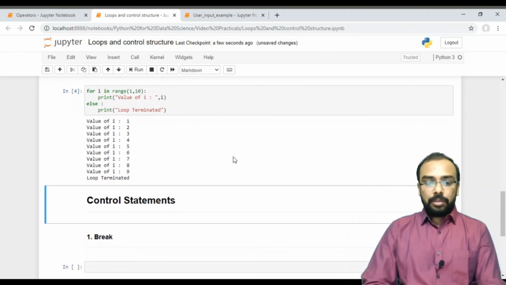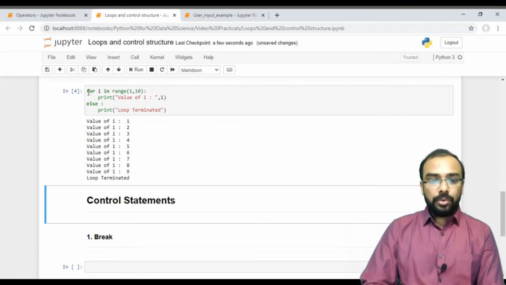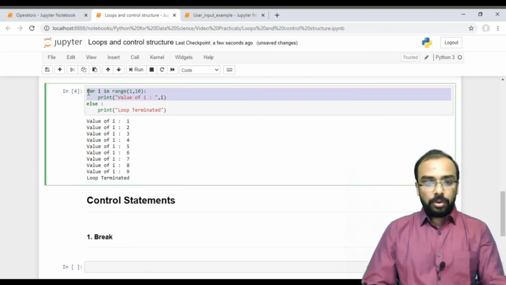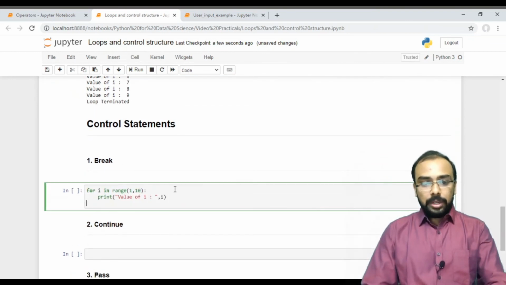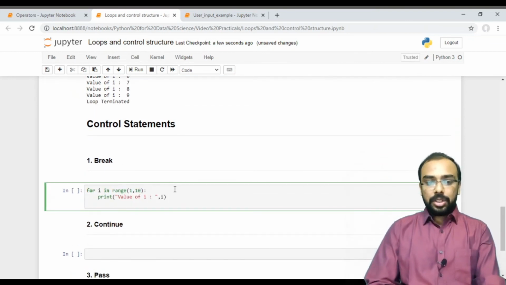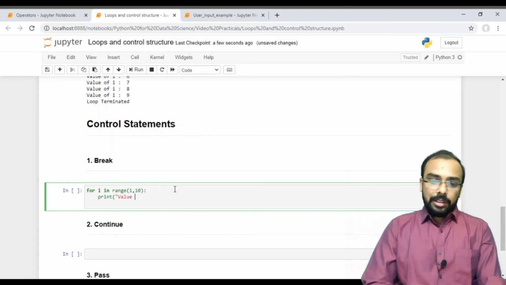Now let us work with control statements. So let me take this for loop only. Now I want to terminate the loop when the value of i is 4.